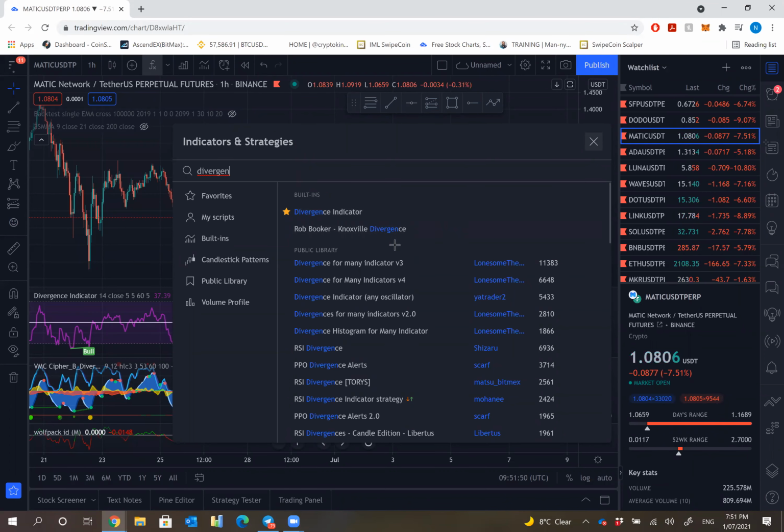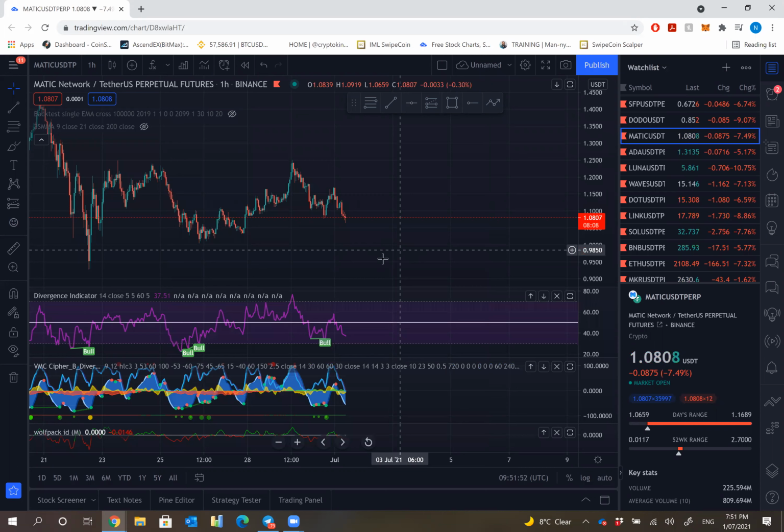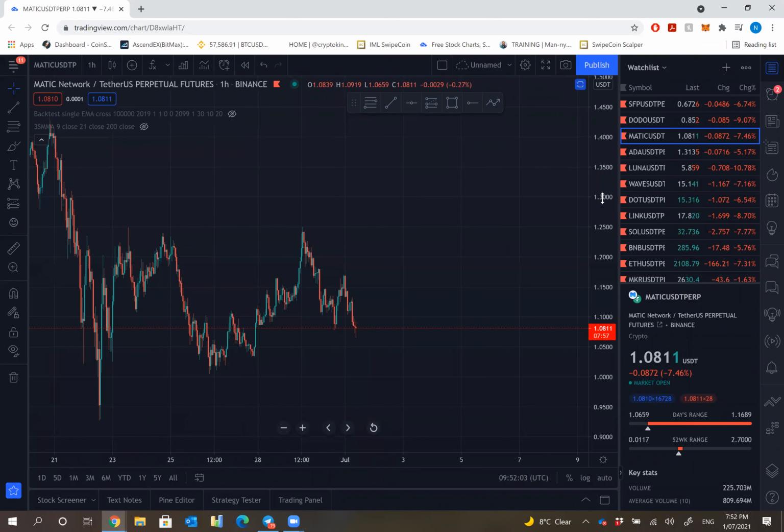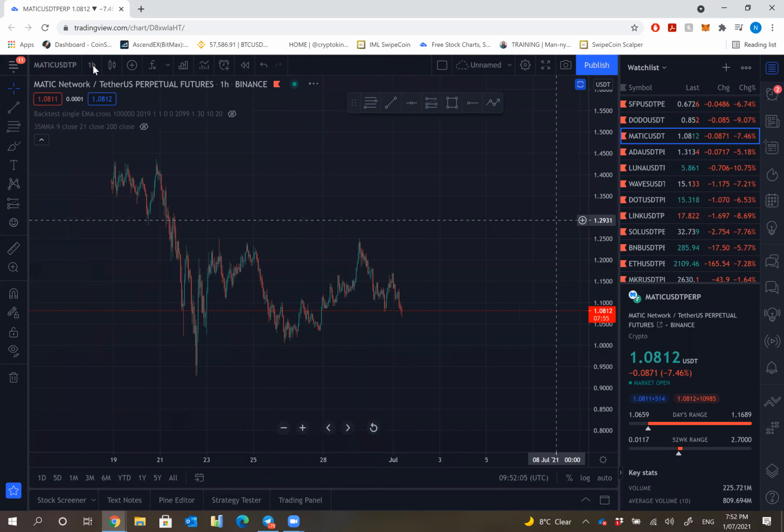Okay, so Matic, let's have a look at Matic. Now, when you're charting a coin, having all these indicators here takes up too much room, I find. So if you double click your screen, it makes it bigger, okay? So the way that I would chart Matic,